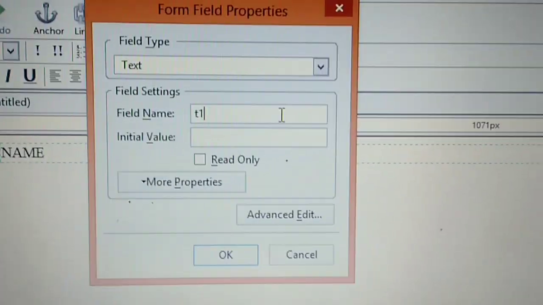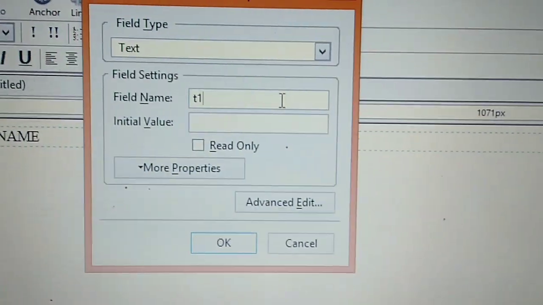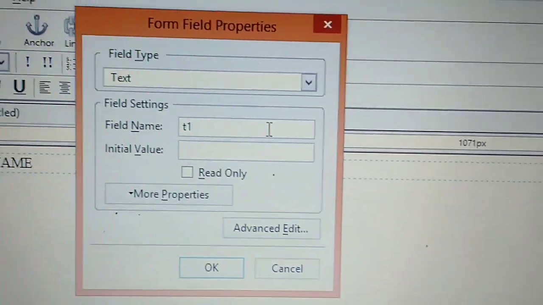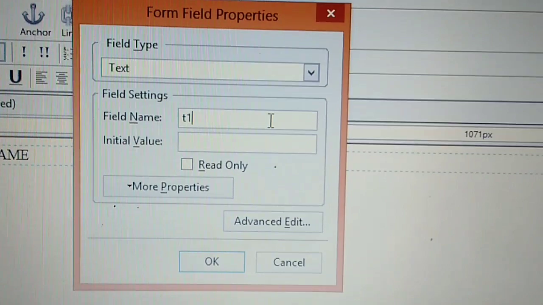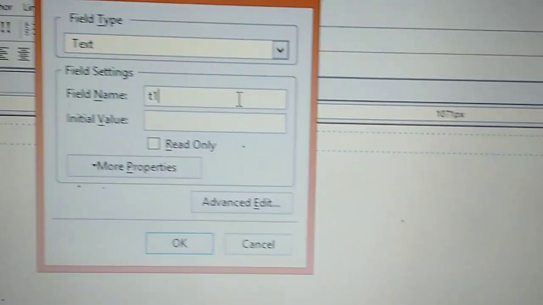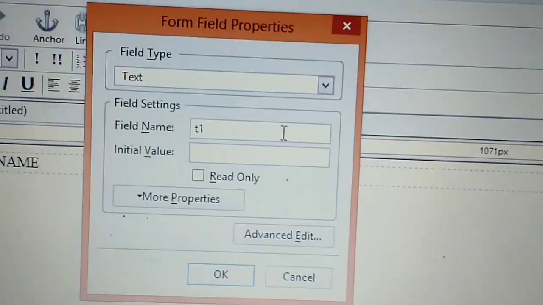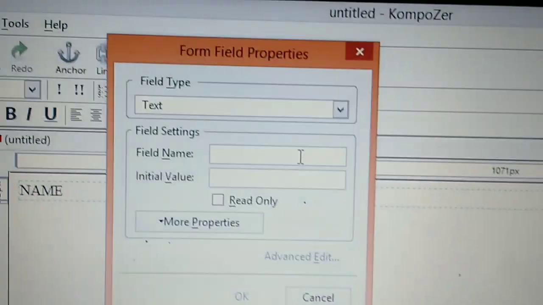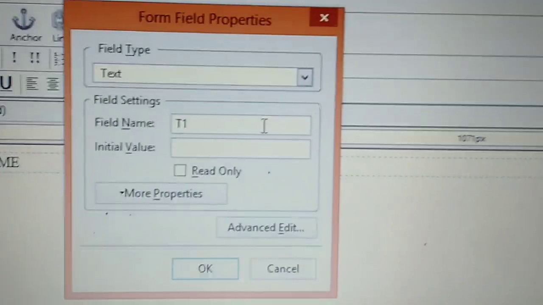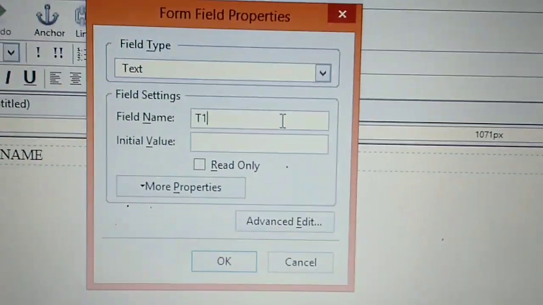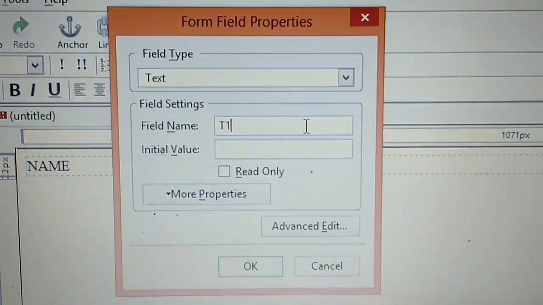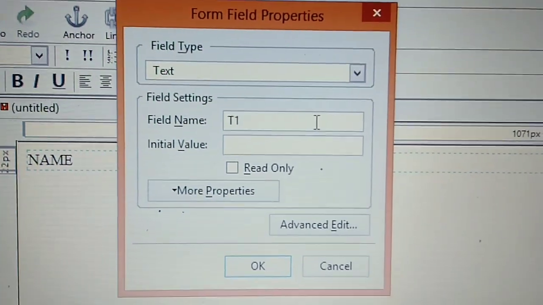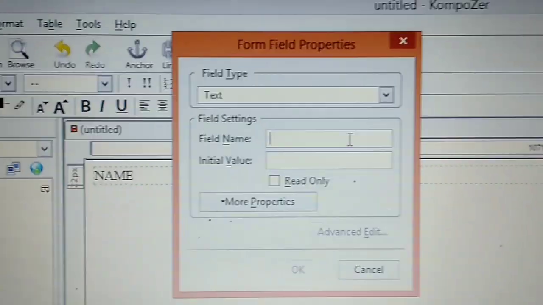And mind well, JavaScript is a case sensitive language. It means what? Case sensitive means what? According to us, capital letter and small letter both are same, but according to case sensitive, small letters and capital letters are not same, they both are different. So if you are writing capital T1, then you have to write in your JavaScript coding capital T1. You can't write here small t1.